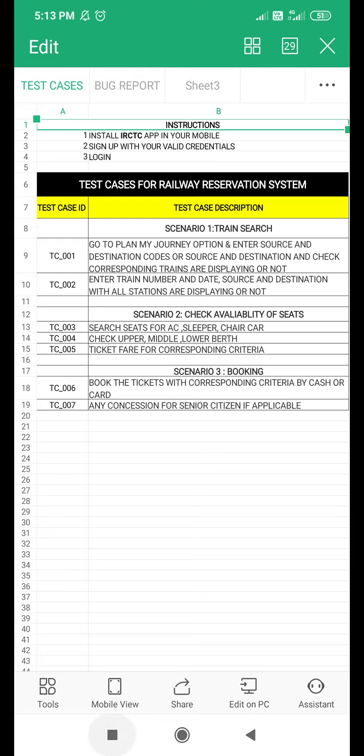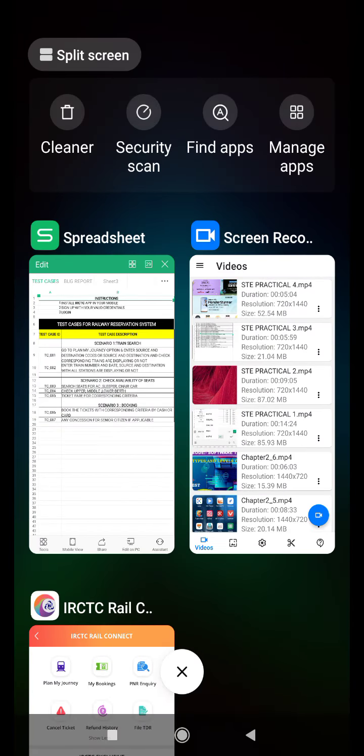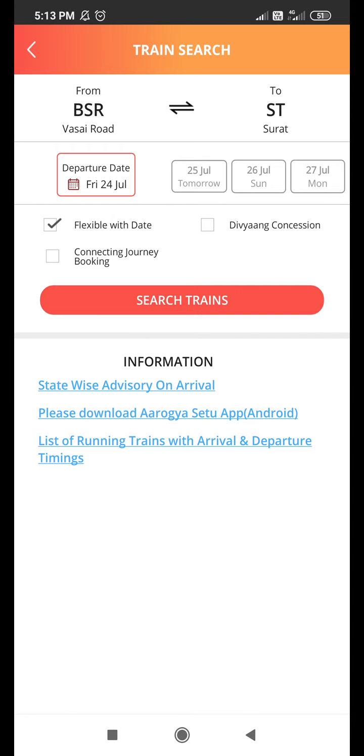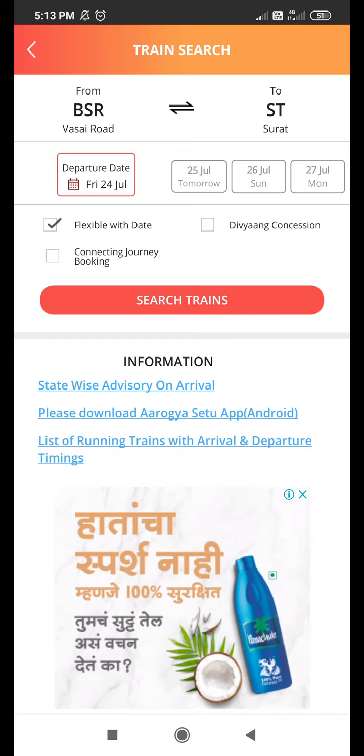For this I am going to use the IRCTC app. I am already logged in. Now I am going to check whether it is showing or not. Go to the Plan My Journey option. Here I have already selected the journey from BSR. I have inserted the station code BSR, and for Surat I have used ST. Now select a date.